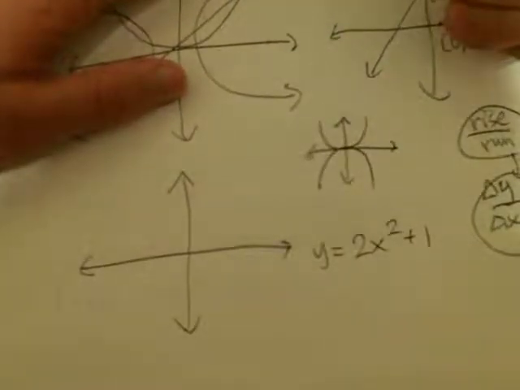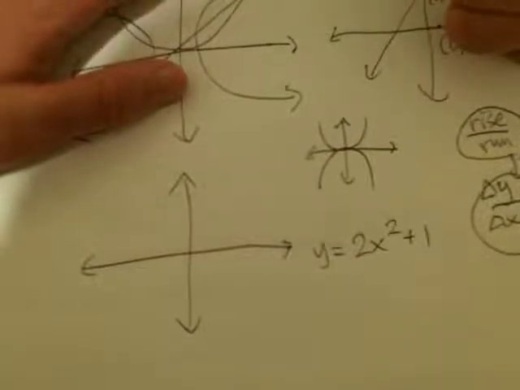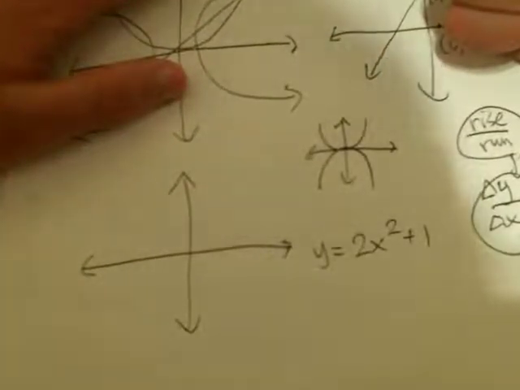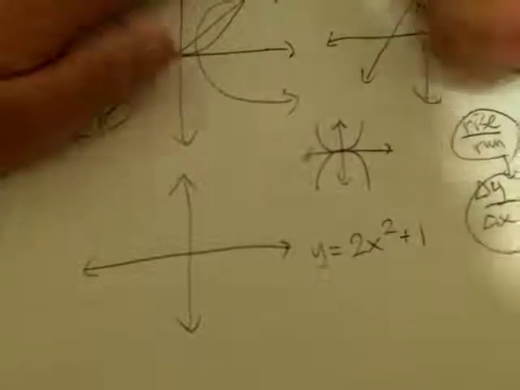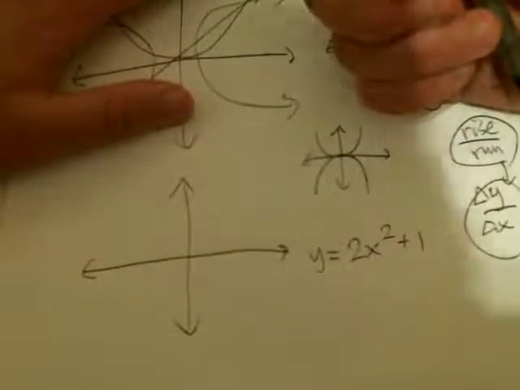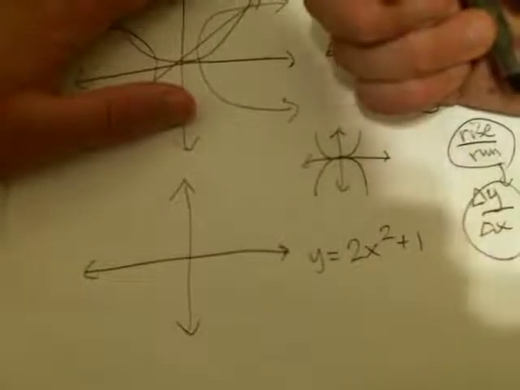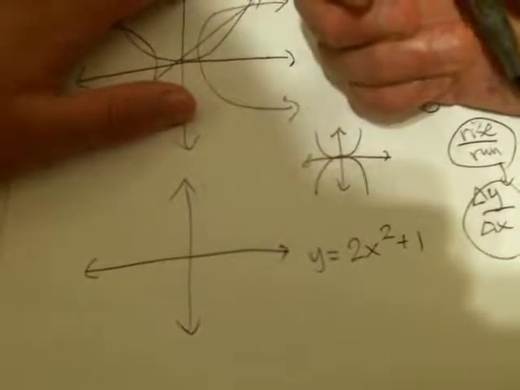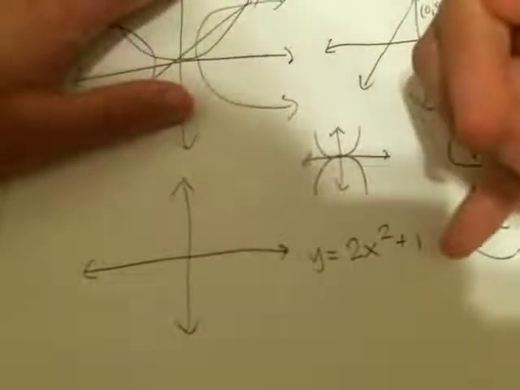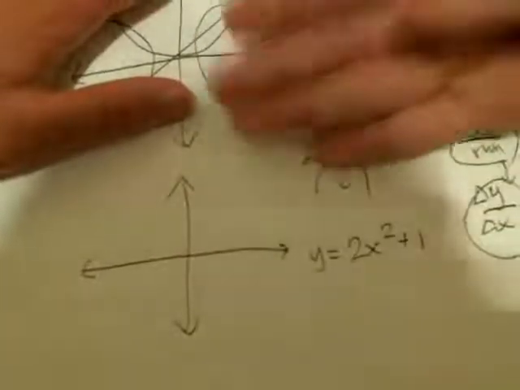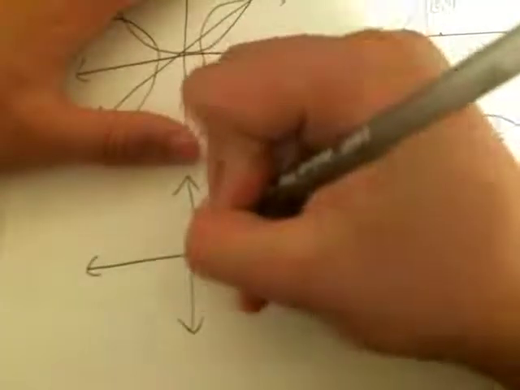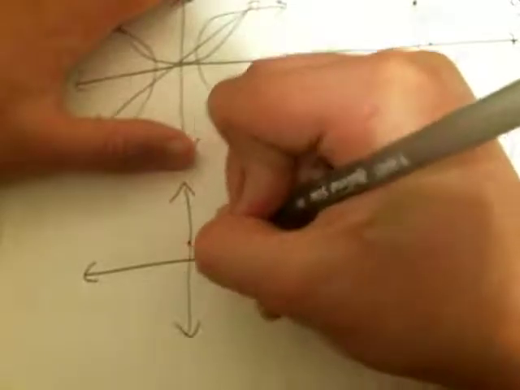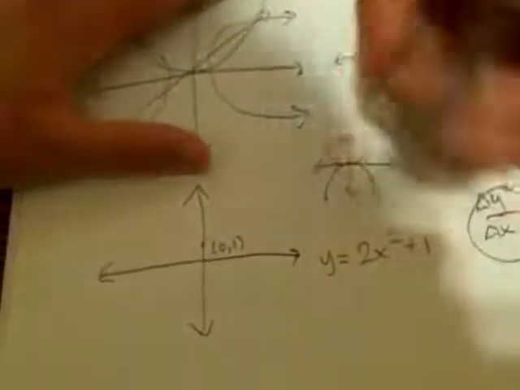The first thing we need is the vertex. The vertex is the point that is the lowest or the highest of a parabola. In this case, since the coefficient is positive, we will be looking for the lowest point. But before that, we can also see that we have a y-intercept of (0, 1), which would be our vertex in this case. Note that the y-intercept is always the vertex for parabolas here. So (0, 1) would be our vertex for this parabola. Let's graph that